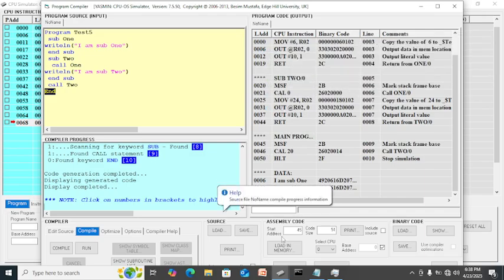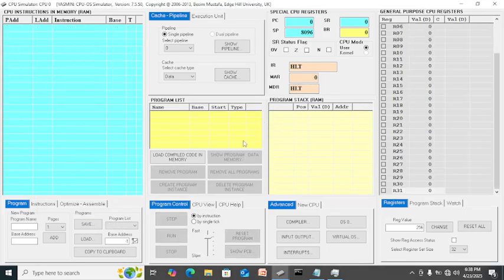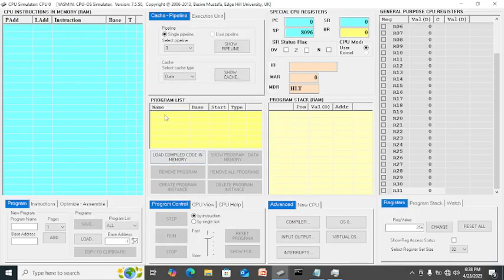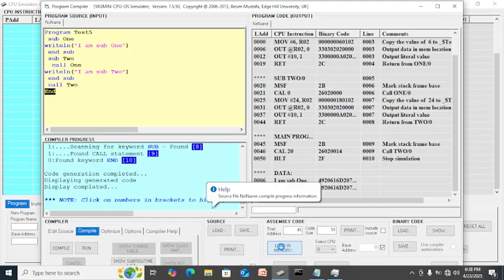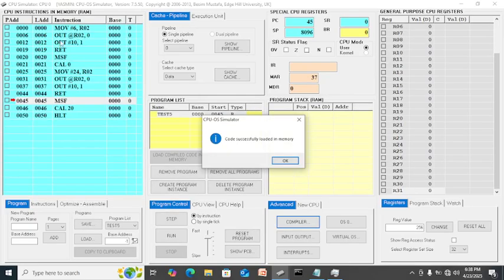Let's remove all the programs and make it fresh, if you want, but it's up to you. You can list a lot of programs here. You can combine all the programs and run them. So load into memory and it will load.